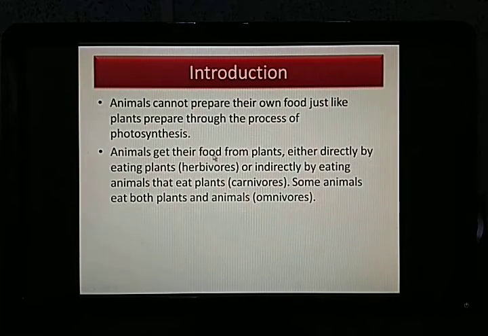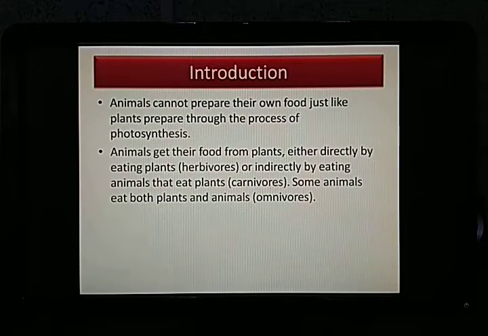Those animals which get their food directly from the plants, for example, which eat plants like grass or something like that, who are mainly dependent only on the plants, or the plant eating animals, they are called herbivores. For example, cow, goat, sheep,